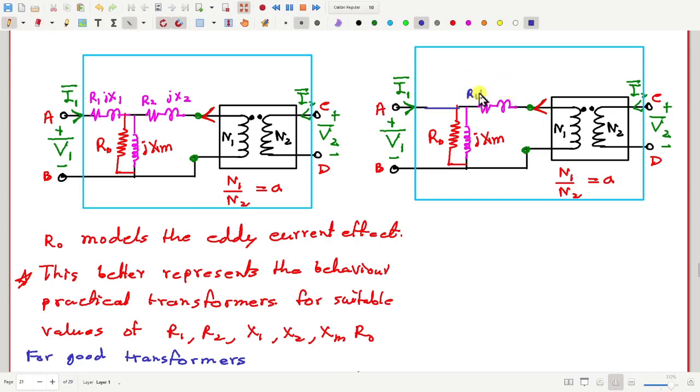Here this is R1 plus R2, and here it is X1 plus X2. What I have done is just taken the small impedance from here to the right side. This is also equivalent, and similarly